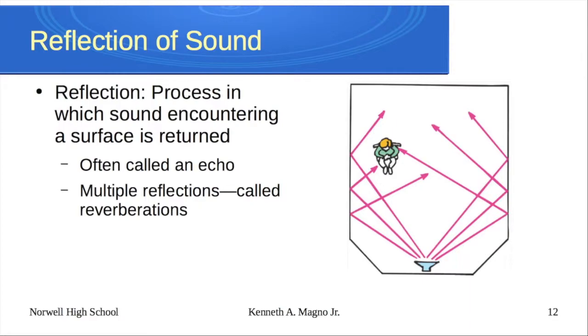If you've ever been to certain areas where you have parks where there's a cliff or something, you can get echo across a lake. Like I think of in New Hampshire, there's a place actually called Echo Lake near Cathedral Ledge, and you yell out across the lake, it bounces off Cathedral Ledge, and you hear it back, delayed by a second or so. That's an example of an echo where the sound reflects off of the sheer cliff back at you. Reverberations, you can be in some rooms that are, again, designed for hearing music or movie theaters, and the sound will seem to reverberate in that room.